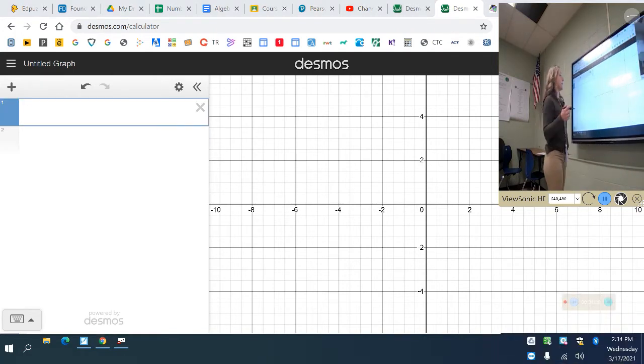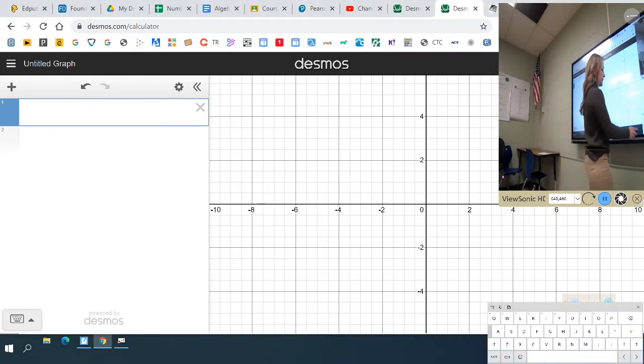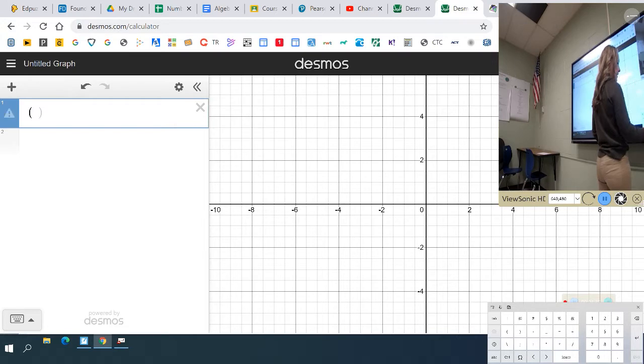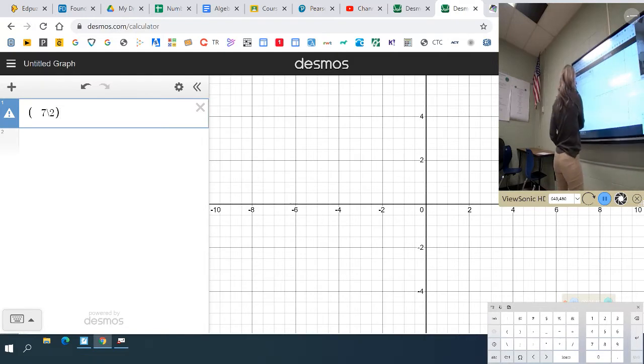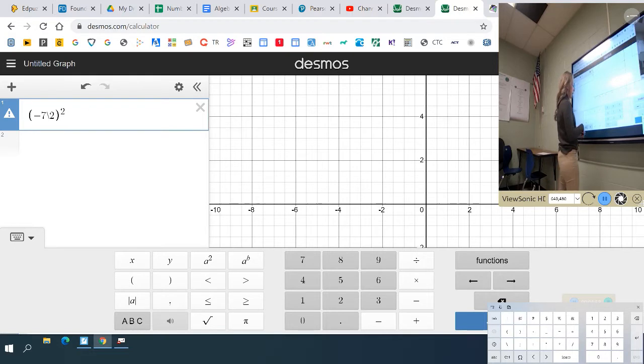I forgot for Desmos, in order to put in a fraction, all I have to do is just use a division sign. So I have a parenthesis, then negative, which my negative is right here, 7 over 2, and then squared. Squared, I don't think I have squared there. Nope, squared is down here. Okay, negative 7 over 2 squared plus